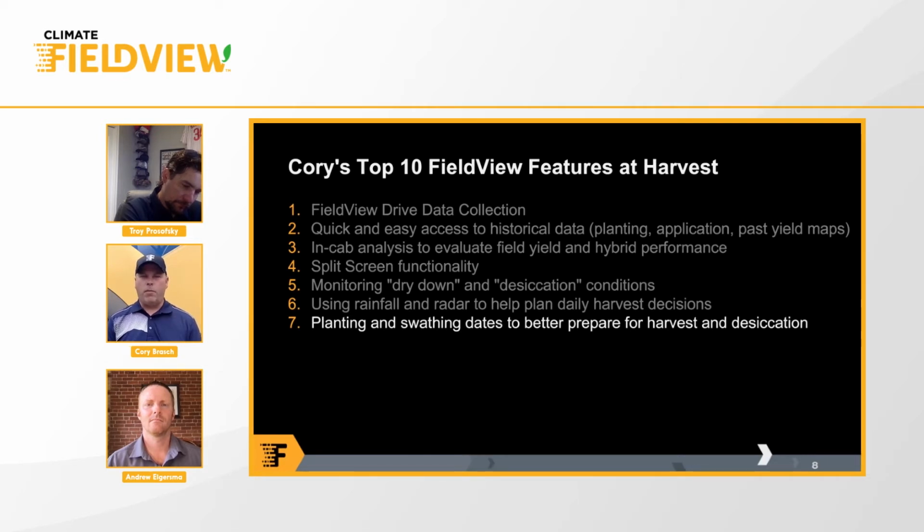So maybe in an instance where you had a half section of a crop and half of it got swathed one day, the second half got swathed 5 days later. Even though you drive down the road, you jump in the field, everything looks the same. Those swath dates and those spray dates can really help you to determine maybe where the crop's drying down, maybe where canola might be a little on the green side and not ready to harvest. So it's just kind of a quick reference.